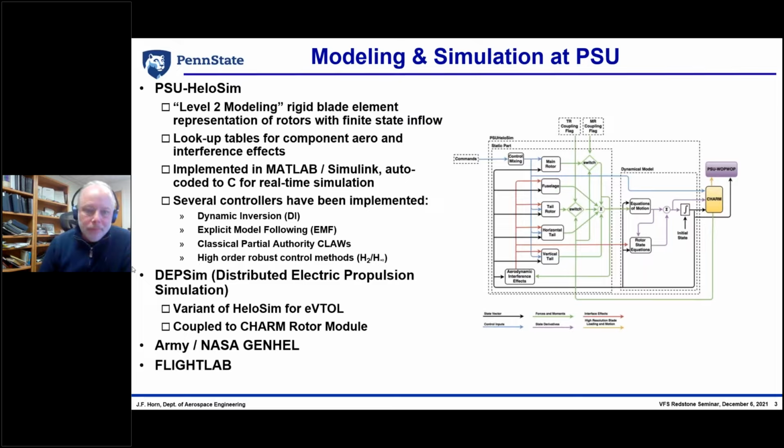So, I've done a lot of work with dynamic inversion, which is a very powerful control design method, as well as explicit model following, which is maybe a little bit more commonly used in the rotorcraft world. I even had a student, Mike Spires, who worked on implementing robust control methods like H infinity within a DI